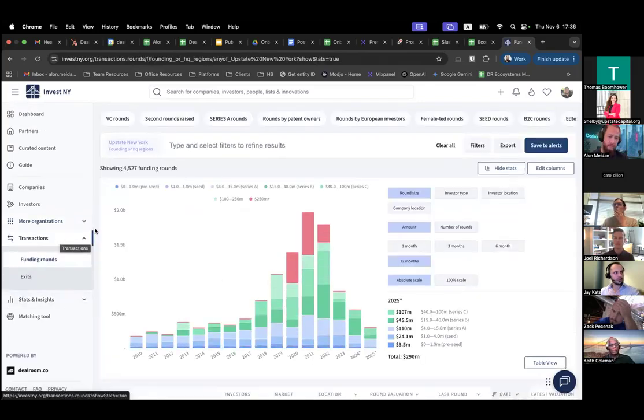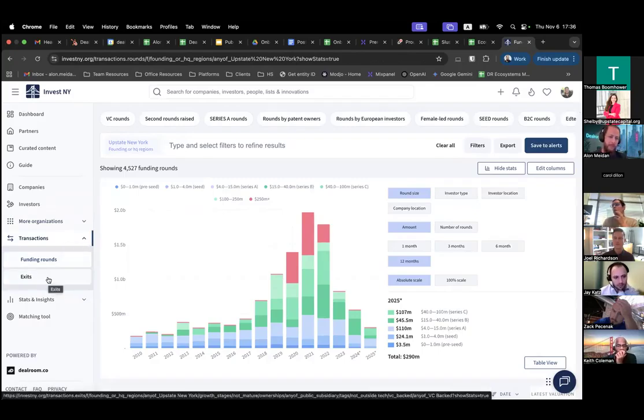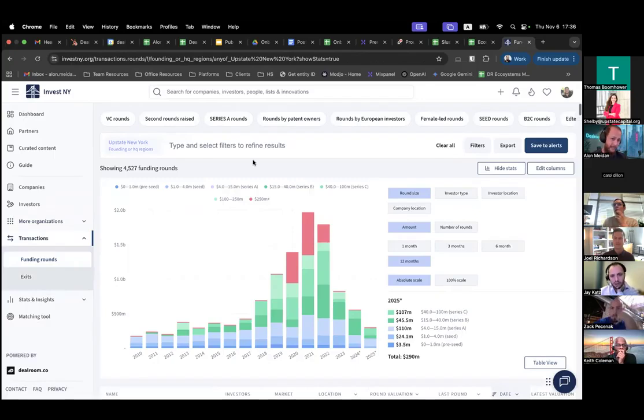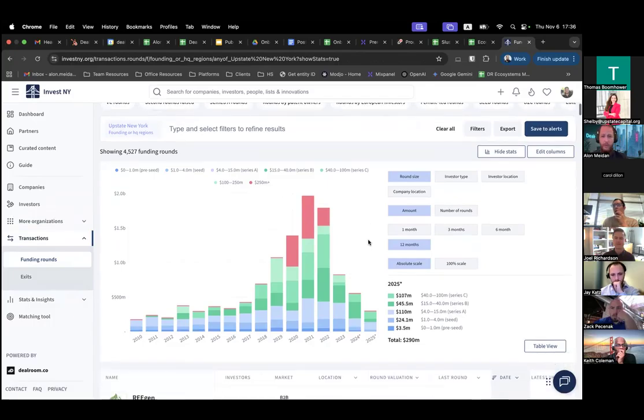Under transactions, we've got two options. We've got funding rounds or exits. They both work pretty much the same, of course, with a different data set. So what we can see here is an analytics tool that we can use. The top row allows you to choose between different basic data points. For example, we can use investor types or company locations, or investor locations.